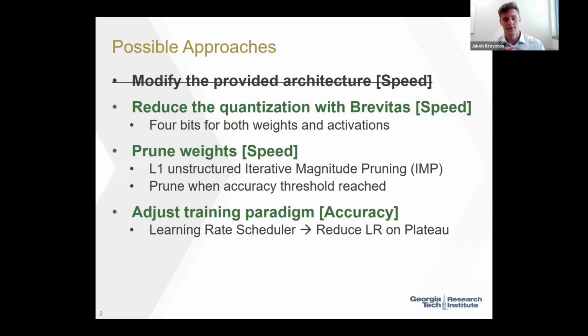Additionally, as I said before, that speed accuracy trade-off, something we tried to use to encourage greater accuracy was a learning rate scheduler, and we used what's called reduce LR on plateau. Essentially, it's a paradigm where if your validation loss is stagnant, it will reduce your learning rate because it assumes you're in a convex bowl and you're jumping across side to side. So if you reduce your learning rate, you can find that local minima, squeeze out a little bit more performance gain.